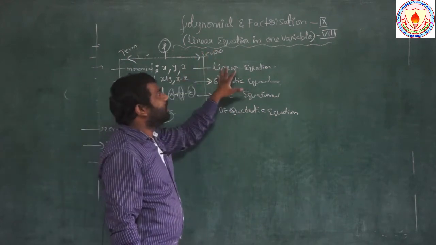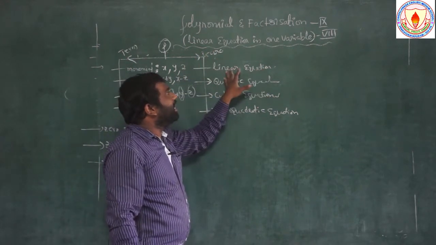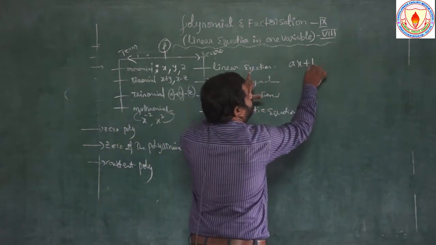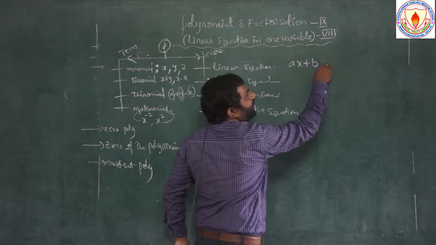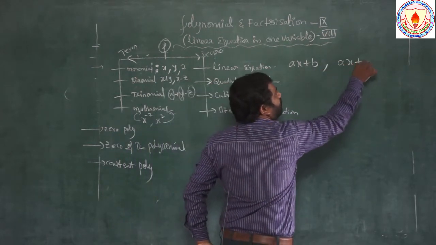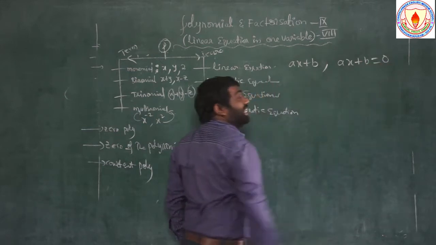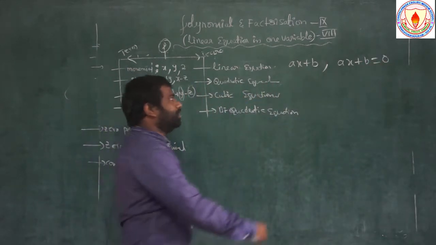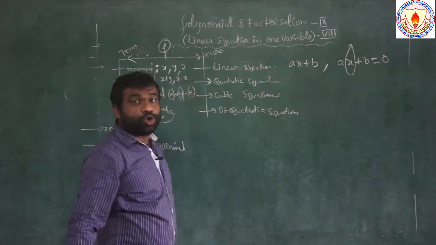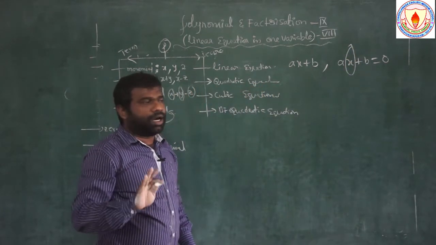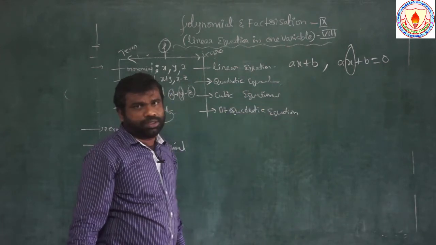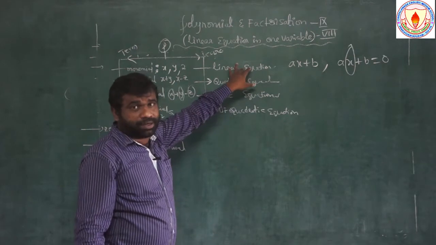Based on what we discussed, coming to the linear equation. Linear polynomial means ax plus b. Ax plus b is equal to 0, that is a linear equation in one variable. This is one variable involved in this. So, do not consider a and b as variables. Only x is the one variable. So, that is an 8th class chapter.